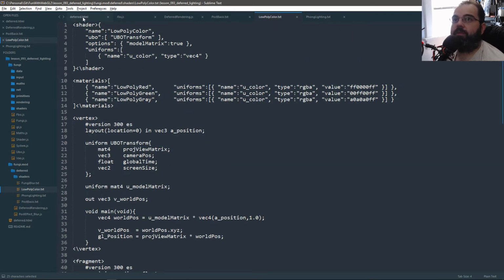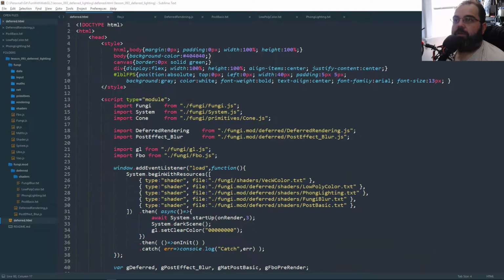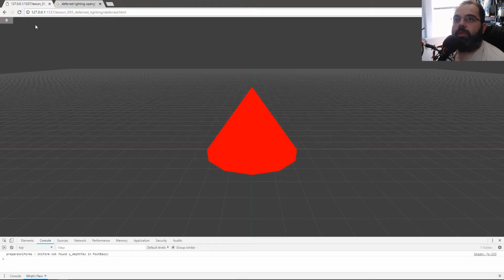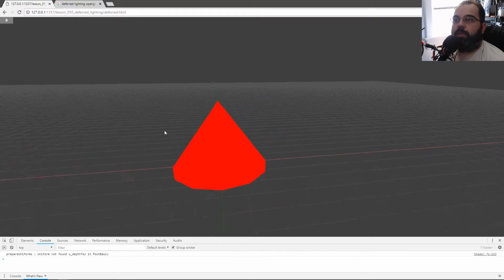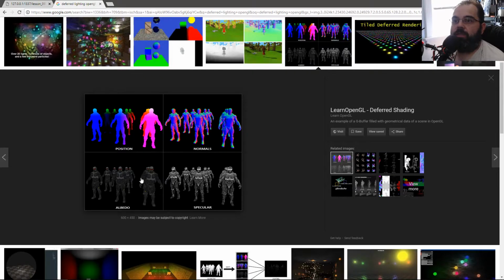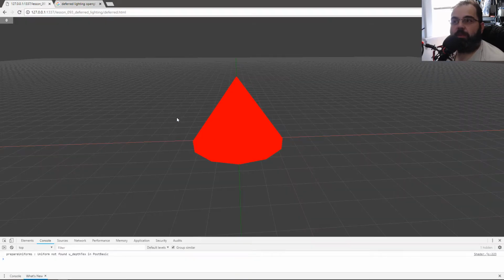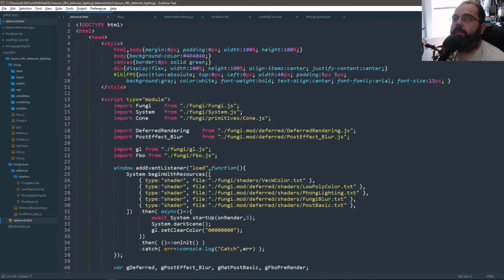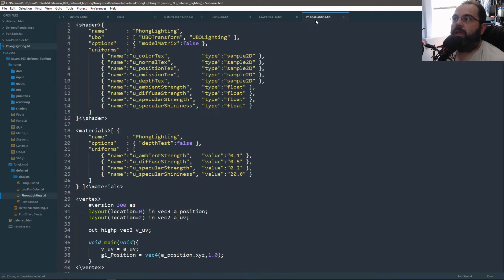little thing. So if I were to go and render, this right now is actually displaying our color texture. This is the color frame buffer, like right here where it says albedo. Right now I'm actually displaying the albedo texture. And to prove it, if we go into our Phong lighting, which now exists in deferred shaders,